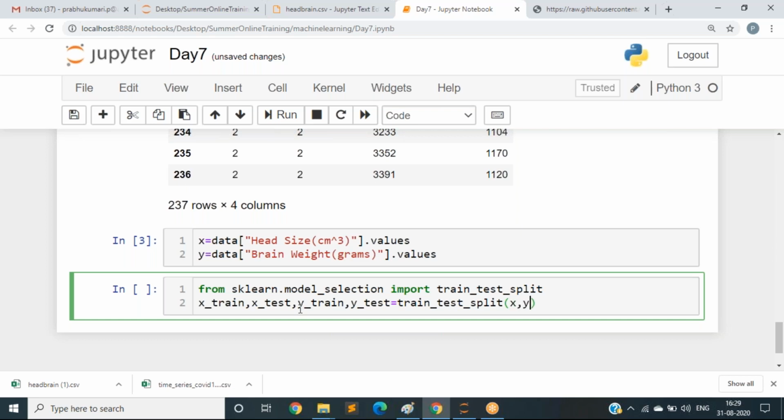You should pass your values here, x comma y comma test_size. Here you can give either test size or train size. Here we are giving only the test size every time. Let us give the train size. I am giving the training size as 0.7, nothing but 70% of the data I am taking for training.